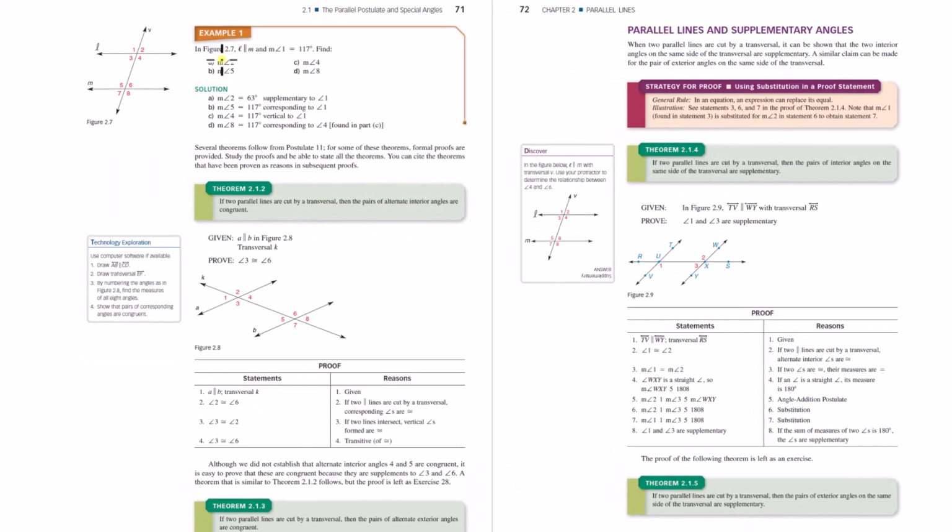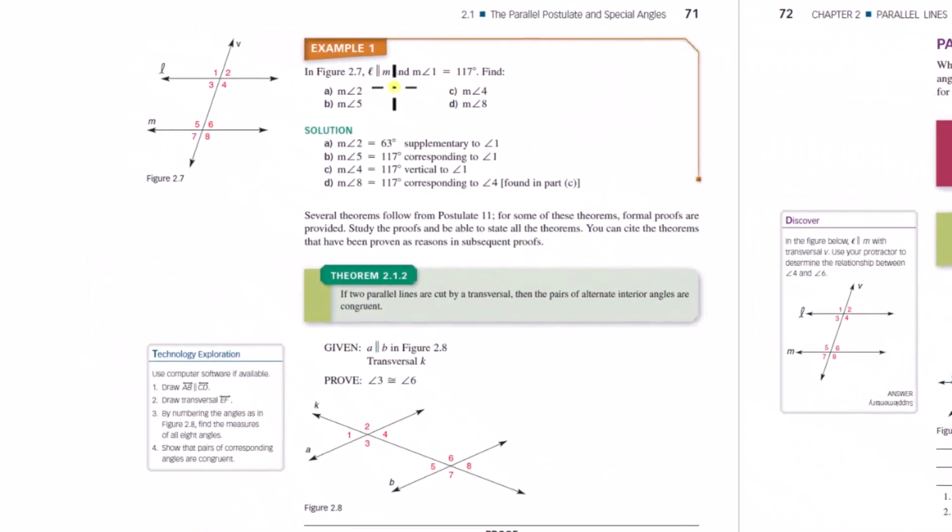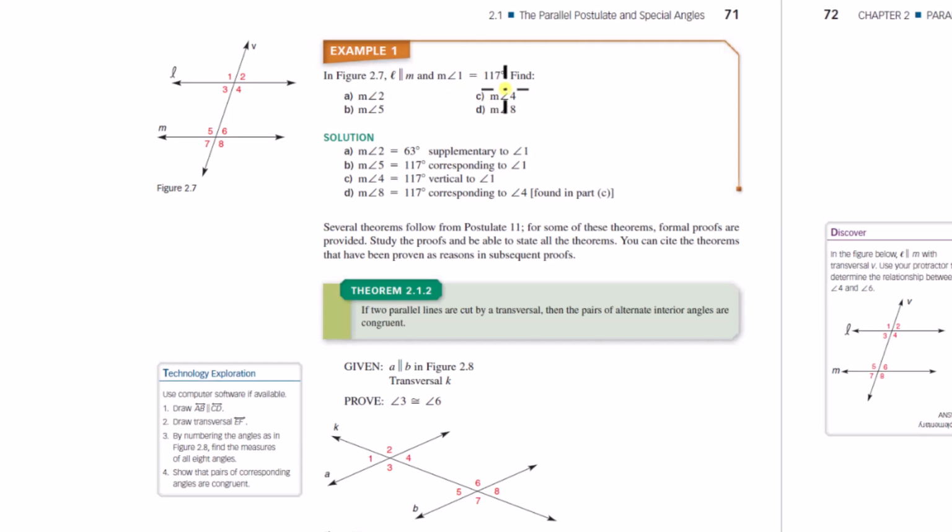All right, in figure 2.7, L is parallel to M, and the measure of angle 1 is 117 degrees. So find the measures of the other angles. Okay, so what we can do in that case is, if we know the measure of angle 1 is 117 degrees, then we know angle 5's measure is going to be 117, because congruence and measure are the same. Okay, but then we can look at these vertical angles are